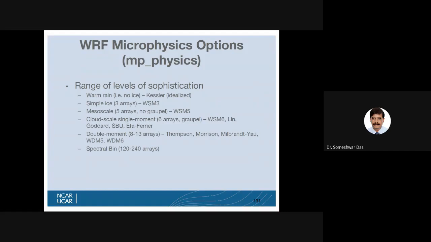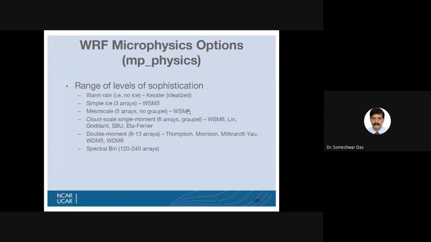So you have a single moment scheme like WSM3 or WSM5. S indicates single moment. The 3 indicates the number of species, whether there are only water vapor, cloud water, and rainwater. The number of species is 3, and this is single moment. We are calculating only the mixing ratio. But if you are using more species, in this case 5 types of species, that is single moment 5. So you are calculating the mixing ratio of 5 species of cloud microphysical parameters.